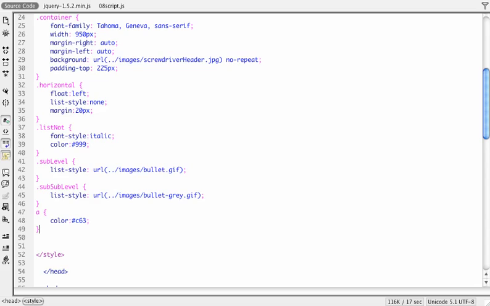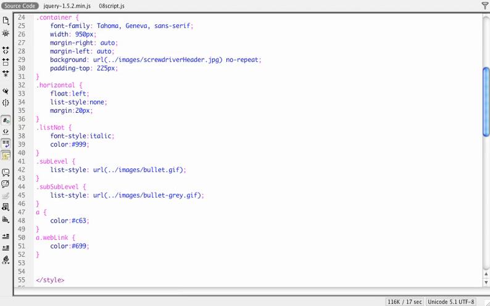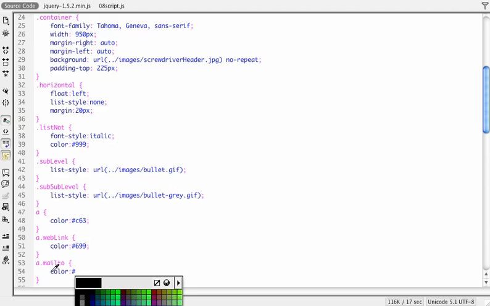So obviously that change is happening. Then we'll set up some classes that are going to be specific to our links. So I'm going to do a .weblink, and this will style my web links to be a little bit different. We'll write a color rule in here as well, and this color is going to be 699. And then I'm going to make another rule for a .mail_to class, and any email link will look a different color. So I'm going to use 9C3,